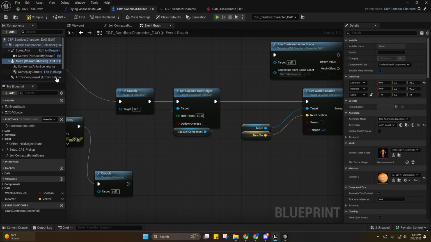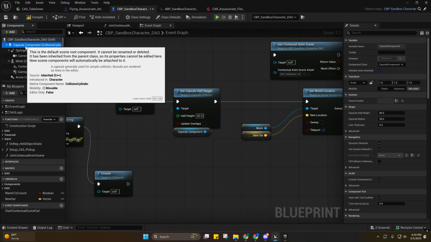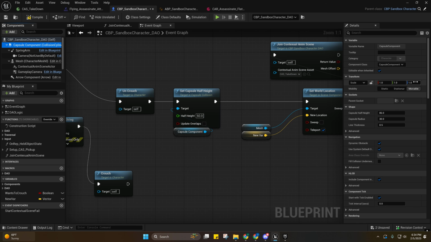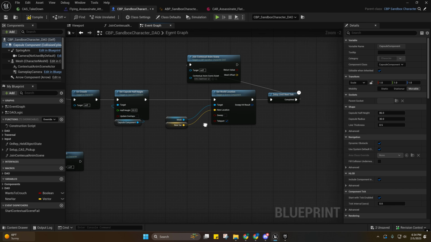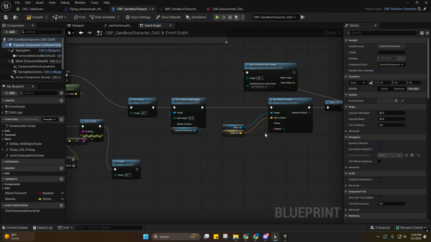So just be aware of that if your mesh is offset by a different amount than the capsule's half height right here, then it can cause problems whenever you're trying to motion warp a montage